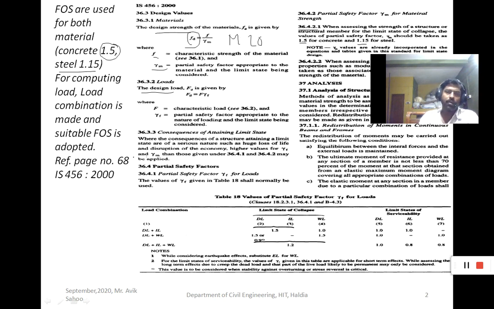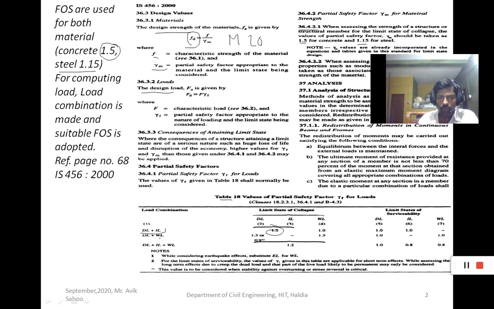So the loading factor is multiplied with the actual load, and also one thing, in your syllabus only dead load and live load are considered. So you have to combine loads, because dead load and live load are gravity loads which act vertically downward. So those loads you have to combine, that means you add the two loads, dead load plus imposed load. As per table 18, the combinations are given. So for dead load plus imposed load, the factor of safety is how much? It is 1.5.